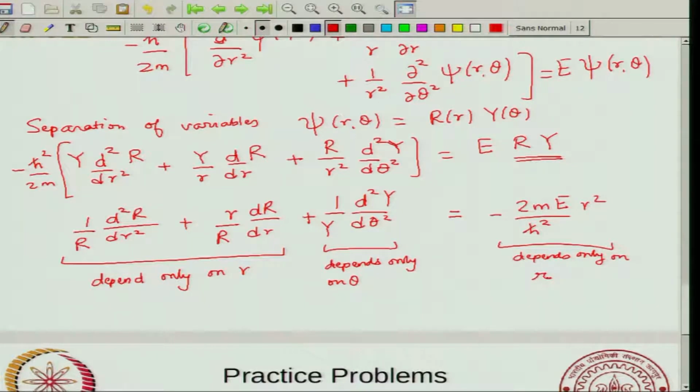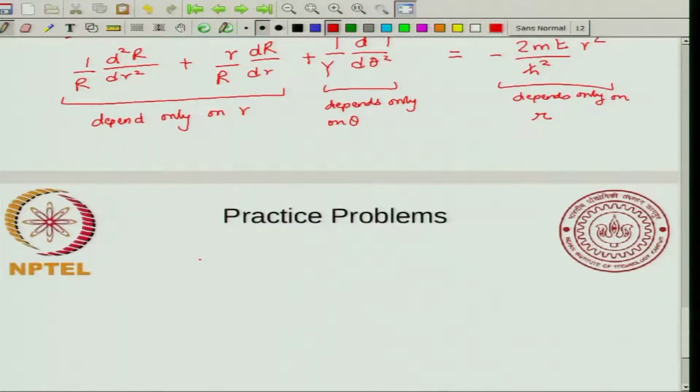Okay. So, that means this theta dependence has to be a constant, because if it is a function of theta, then the right hand side is not a function of theta, and the left hand side cannot be a function of theta. So, this has to be a constant. So, that means you immediately get d square y by d theta square into 1 by y equal to constant. And we have seen this earlier when we were dealing with